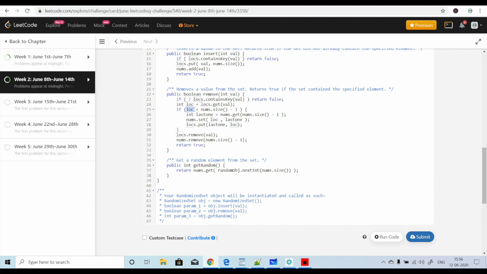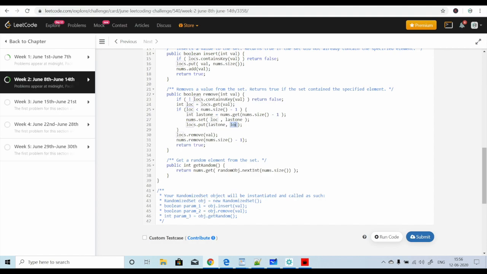Okay, so if it is not the last element, then we first take the last element from the array list, and then we set that last element at the current location position. So whatever number we are removing, we replace that index with the last element's value. Then we also update the last element's index.